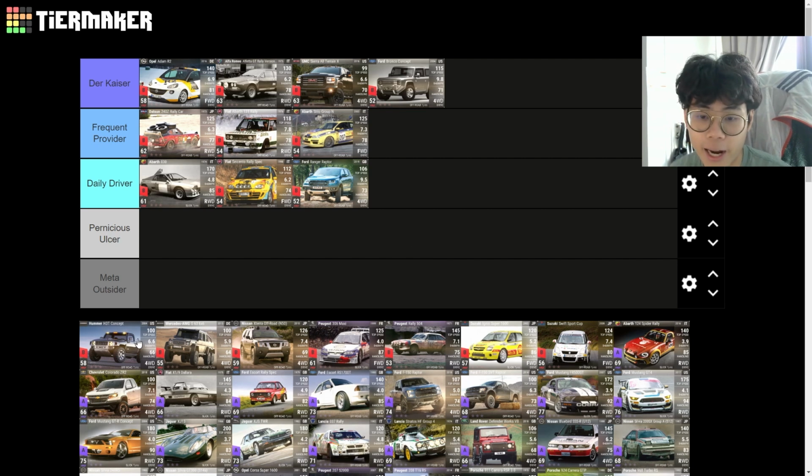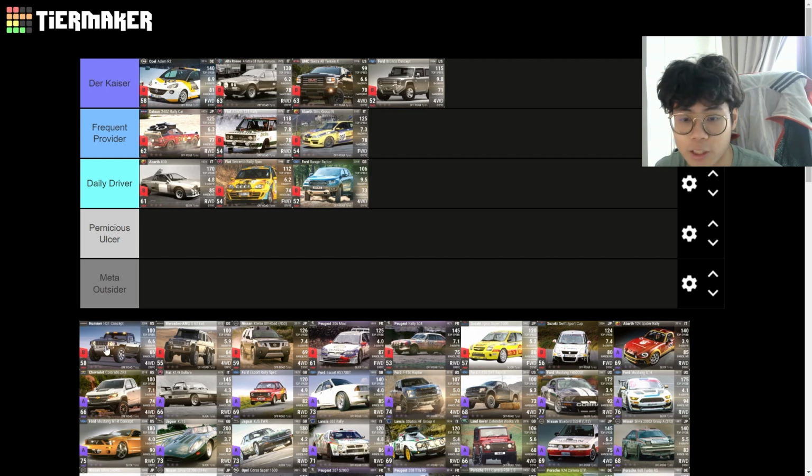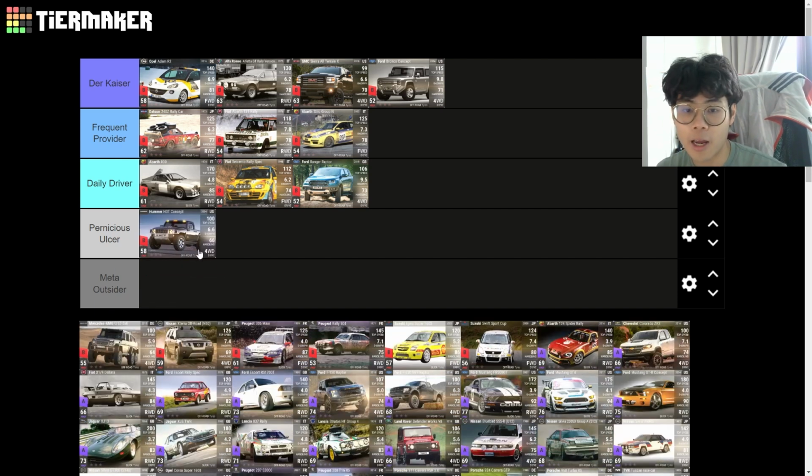And then we have the Hummer H3T Concept. This is a pretty interesting one because it doesn't handle. It's also very, very heavy, coming in at 2 tons, 2,109 kilograms. I'm going to put it in Pernicious Ulcer. I understand once again it's got a really low 0 to 60, and I guess it's a bit harsh for me to put it in Pernicious Ulcer because when it comes to the drag settings, it is by right going to be a better car compared to the Seicento, mainly because they both have low 0 to 60s,